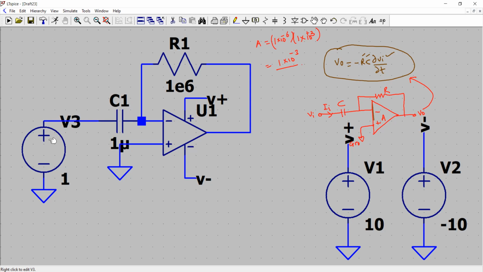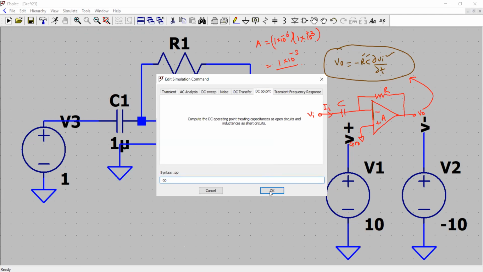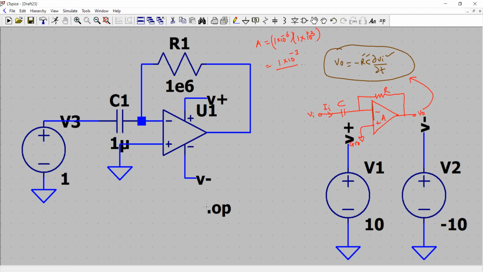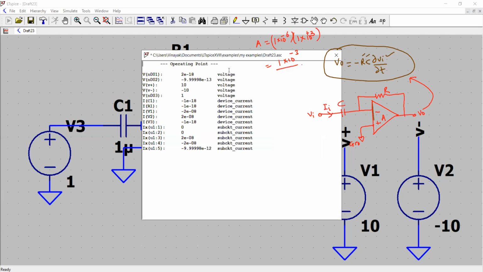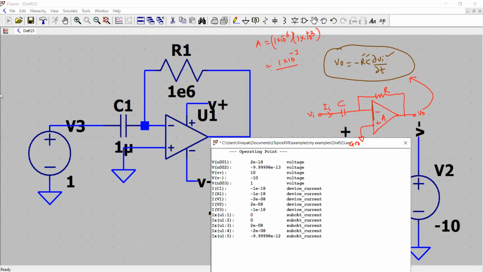So the first thing is what kind of analysis we run. The DC analysis, time domain, everything, but let us run edit simulation card, DC operating point, click OK, place it here and then click OK. So it's going to give you the bias points. The bias points you see here,